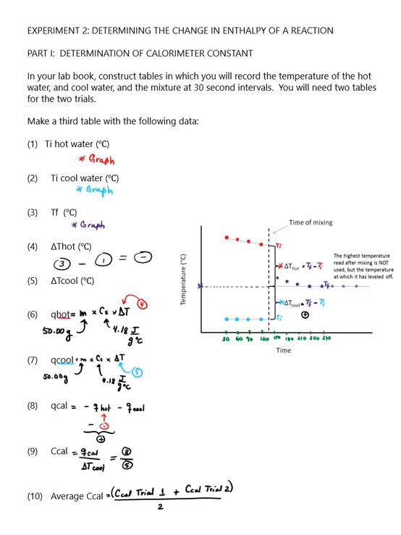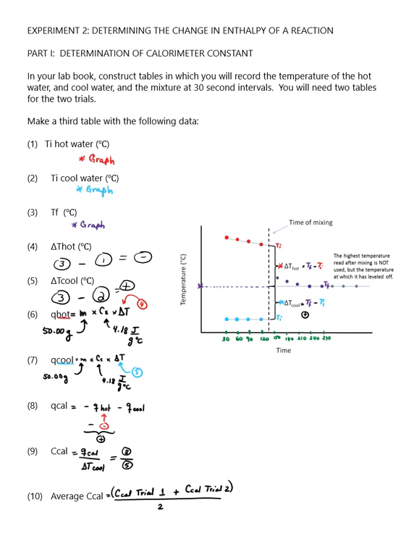For the cool water, it's the same number that you have in number 3, but now minus your initial temperature for the cool, which is what you have in number 2. And that's going to give you a positive number. Now in number 6 and 7, the change in temperature is telling you how much heat, right? Or the negative number for the one that is losing, the positive number for the one that is gaining. Now that sign is going to determine the sign of the heat that you're calculating in number 6 and number